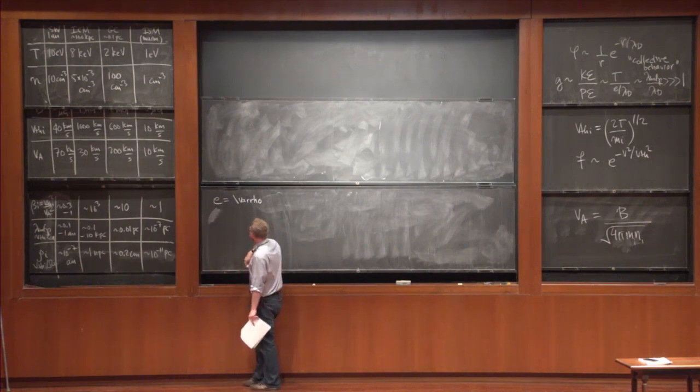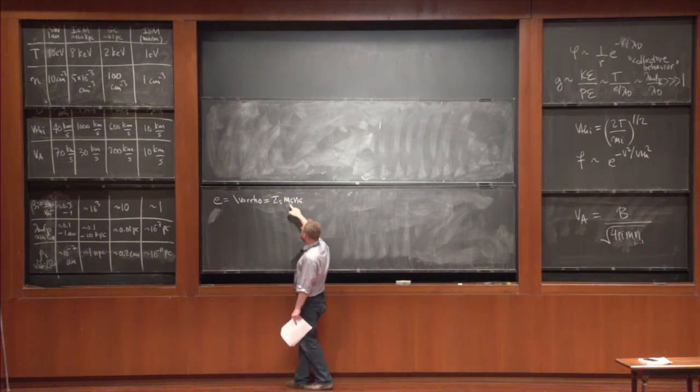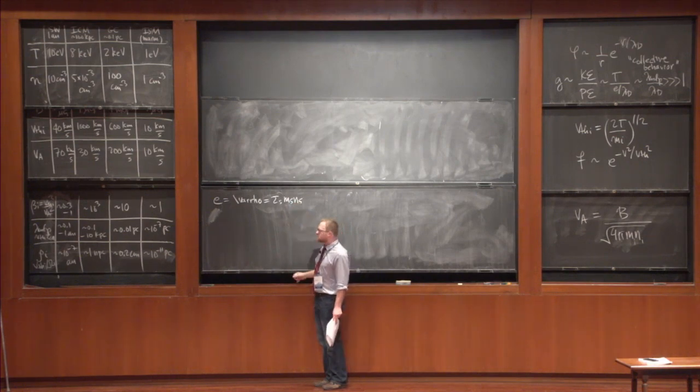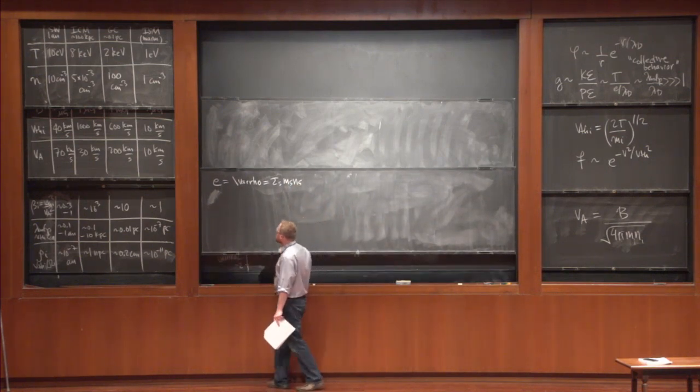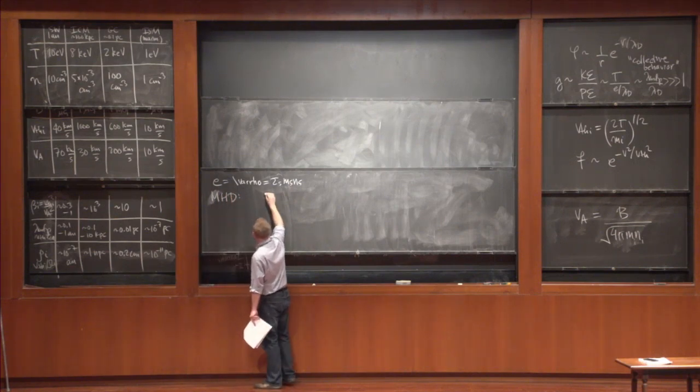Right. So this is mass density. You sum up all the masses and number densities of all the species s in your plasma, and that's the mass density. So the first MHD equation is continuity,